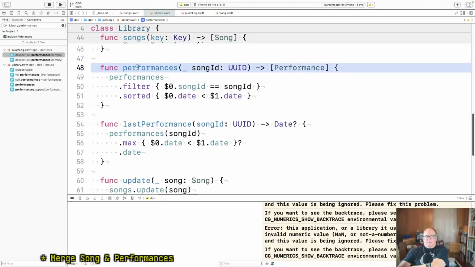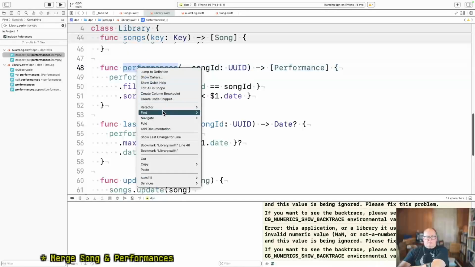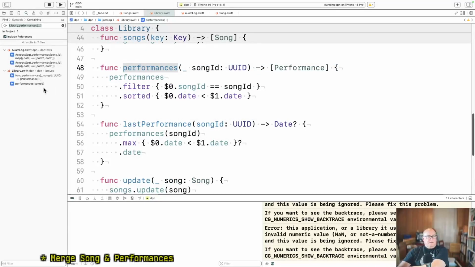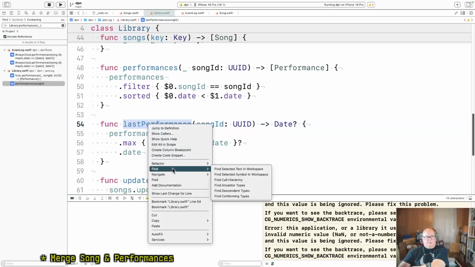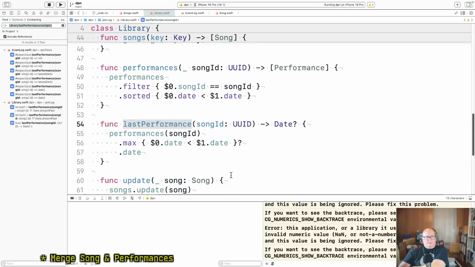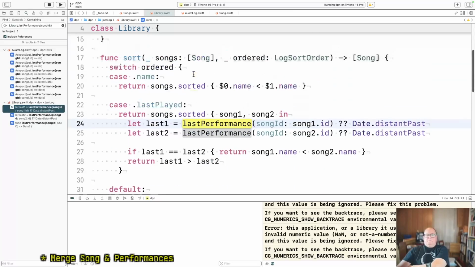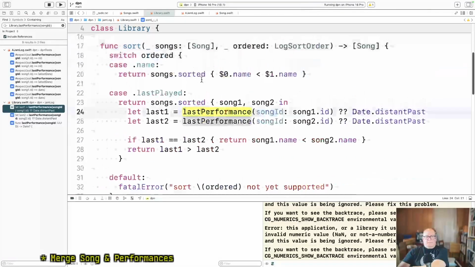Performances. Who calls this? A JamLog and last performances. Okay, so this sort order is still consulting the performance.